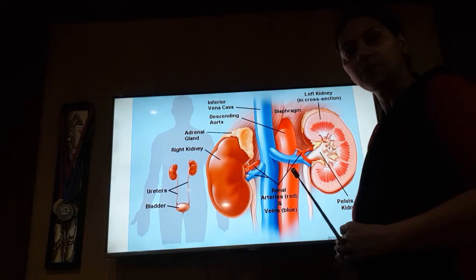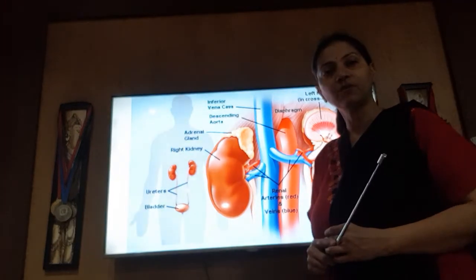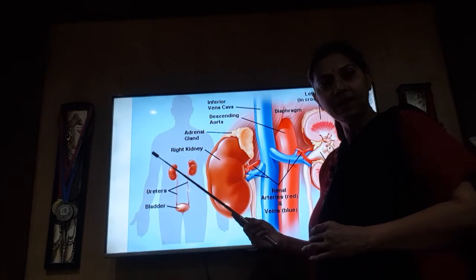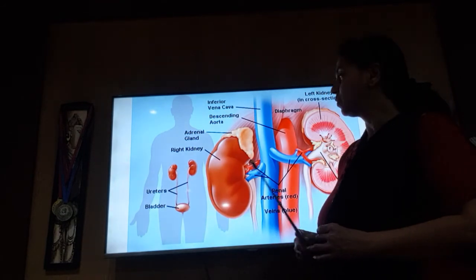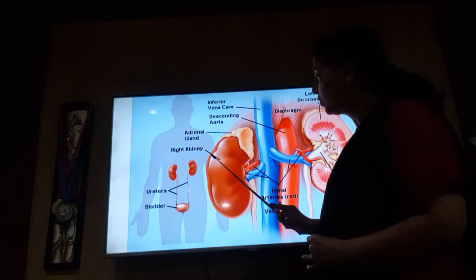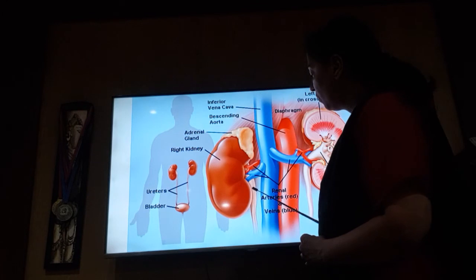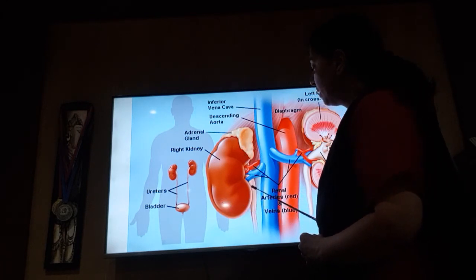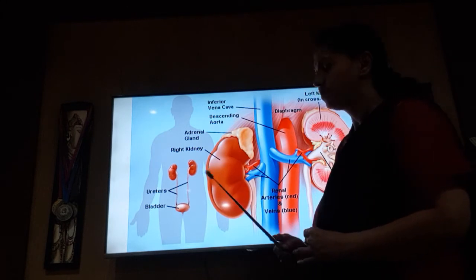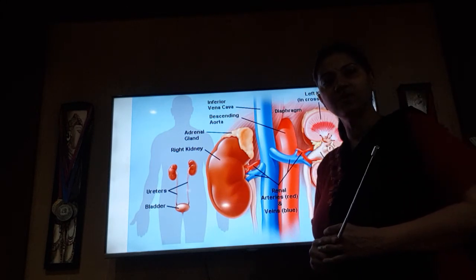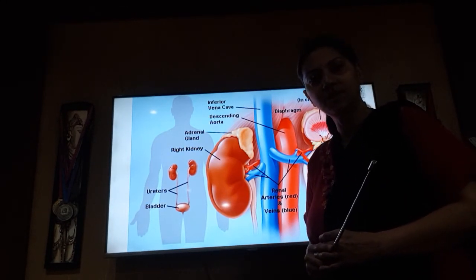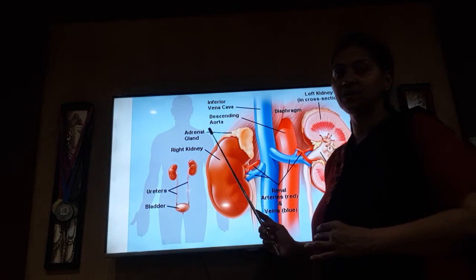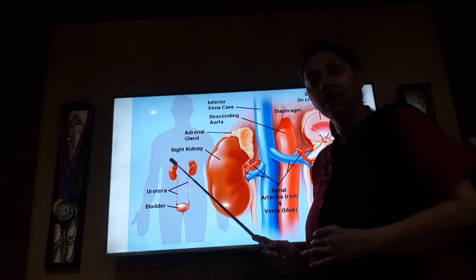Now we talk about the coverings of the kidney. It has to be covered. It cannot be lying bare, isn't it? So the innermost layer which is protecting it, the innermost capsule, is called the renal capsule. The renal capsule is covering it immediately, and beyond it, because this kidney is present retroperitoneally and it has to